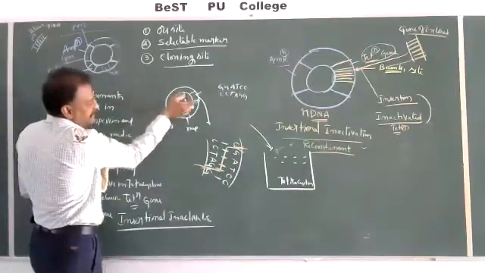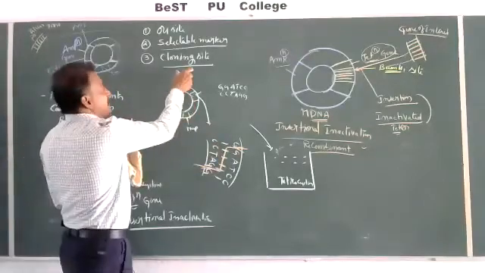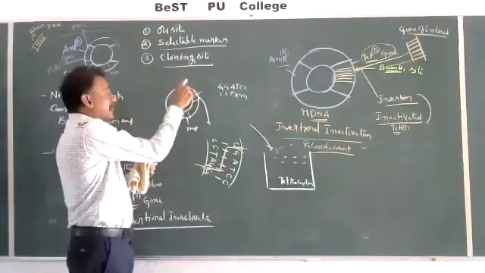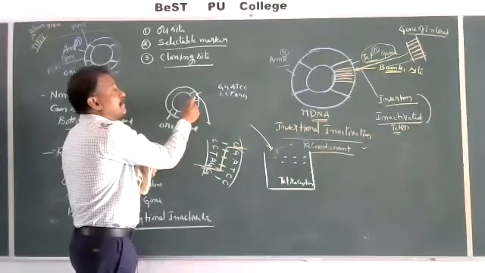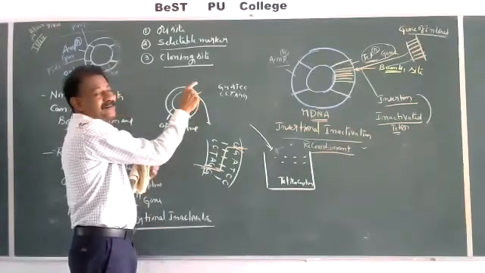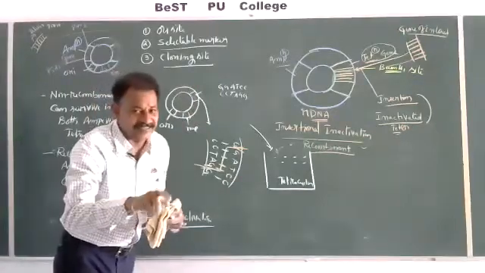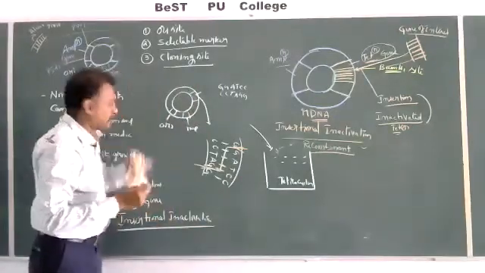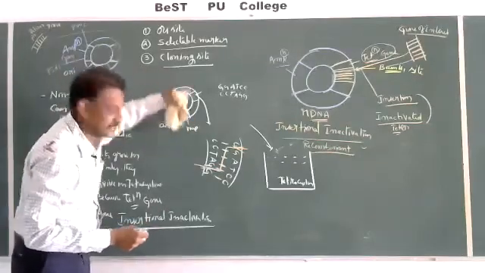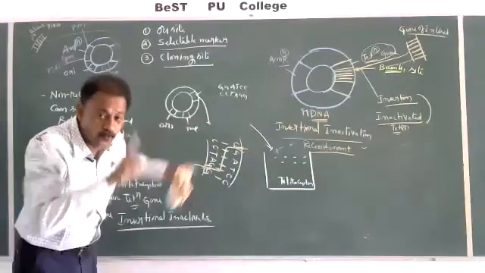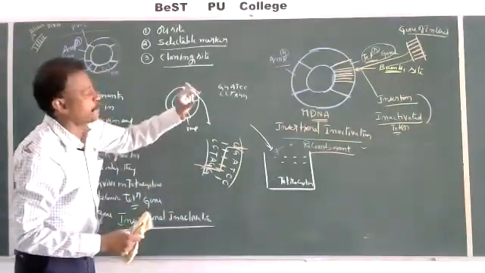This round structure, if only one cloning site is there, so the name of restriction site, the name of palindromic sequence, the name of restriction endonuclease recognition sequence, all now changed into cloning site. So cloning site is nothing but the area in the plasmid at a particular site. Only one enzyme has to act to make it open.